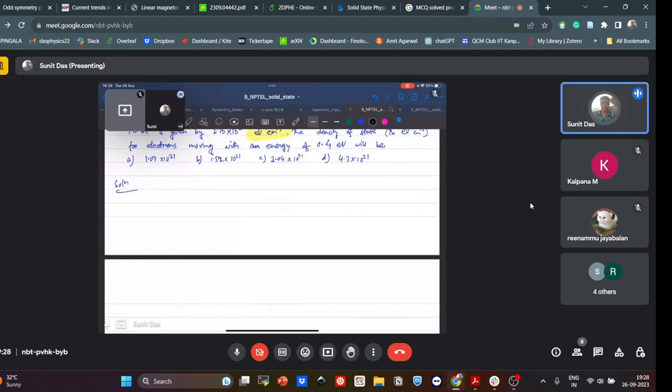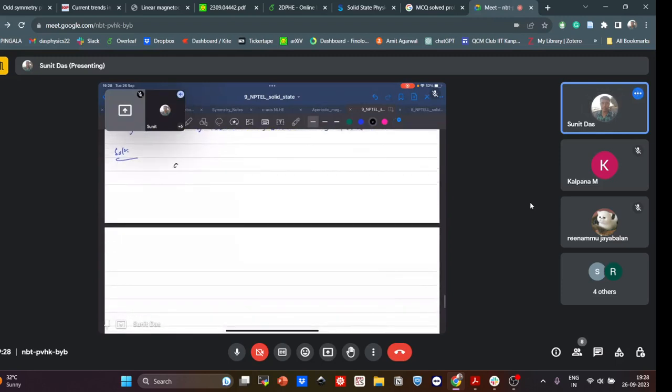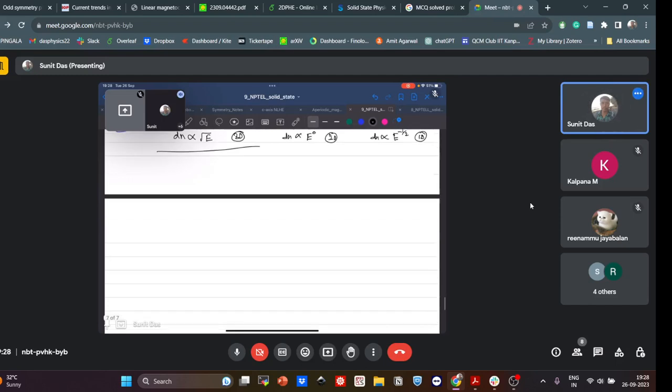So for 3D free electron gas, we saw that density of states is proportional to root over of epsilon. So this is for 3D. And if it is 2D, then E to the power 0, it doesn't depend on the energy, 2D free electron gas. And if it is 1D, then E to the power minus half, 1D. Okay, so we have this 3D free electron gas,